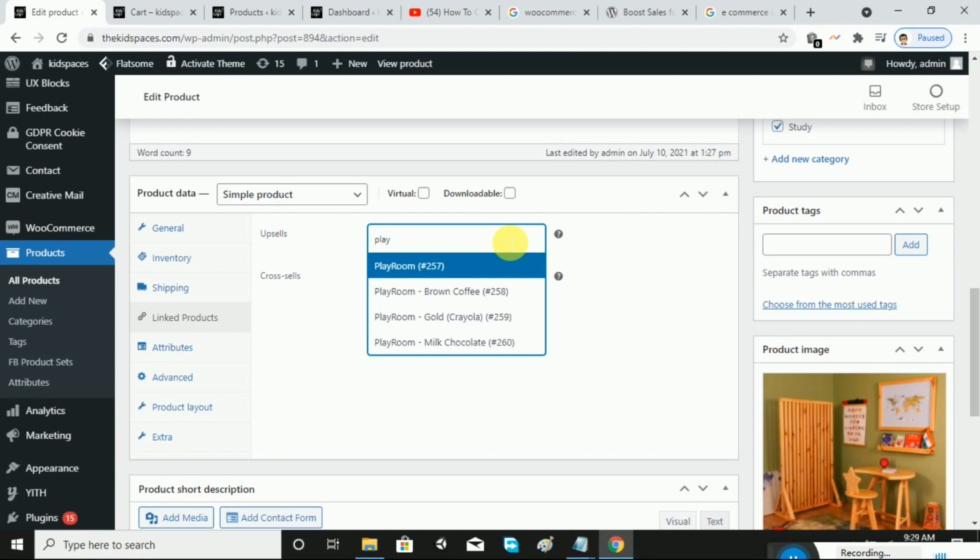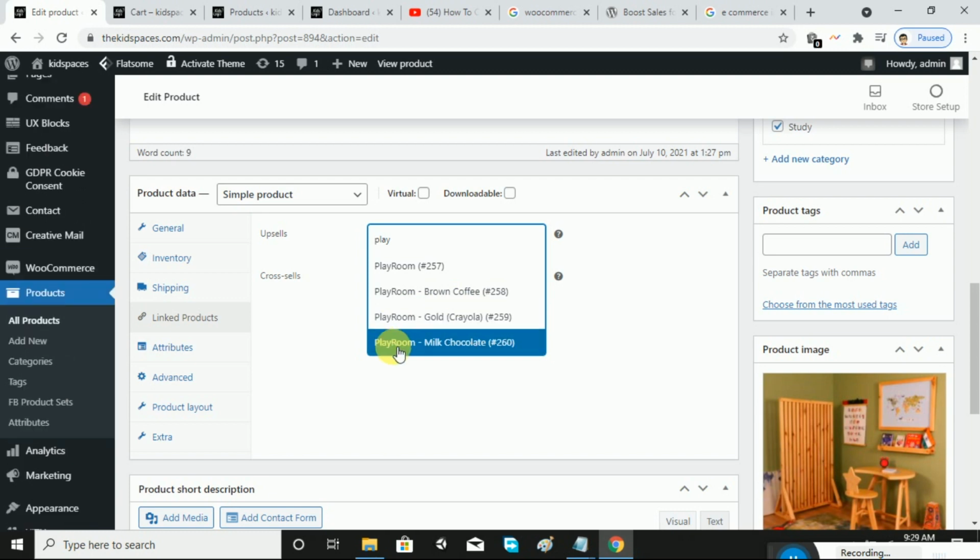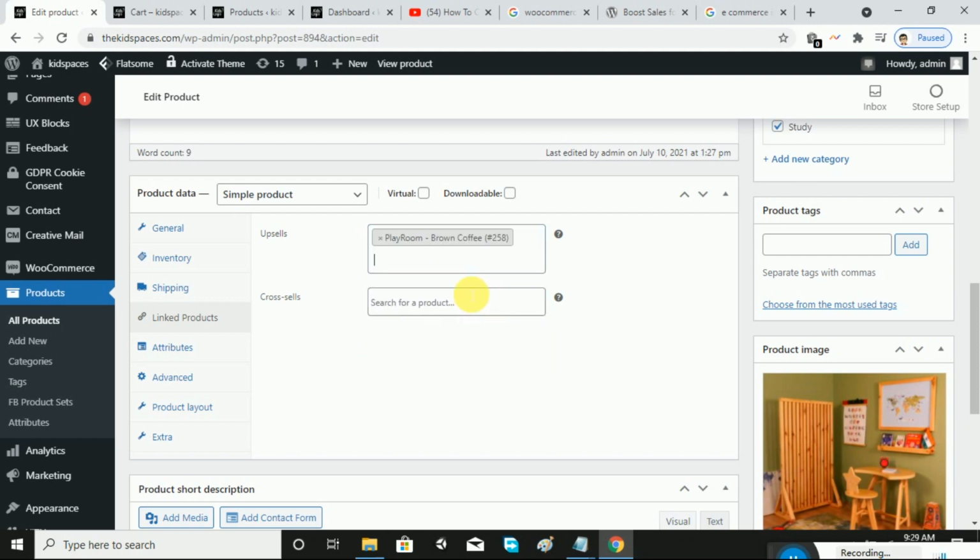Here you can see under play it shows playroom, brown coffee table, and gold and milk chocolate tables. This is all the categories which we are going to add now. I just add this brown coffee table, and I add one more.